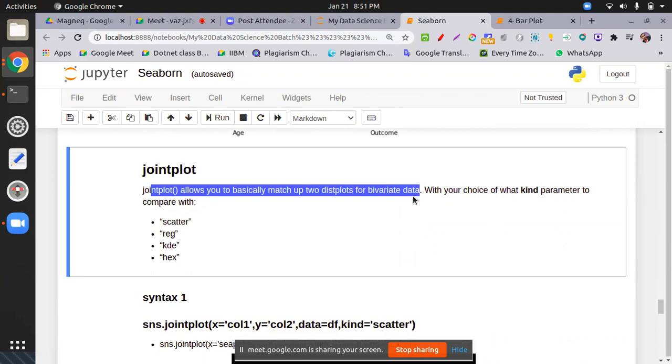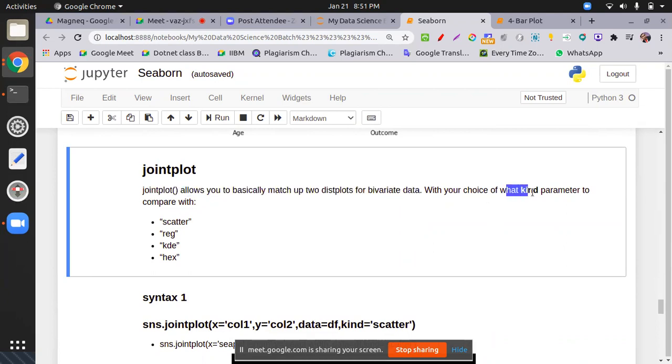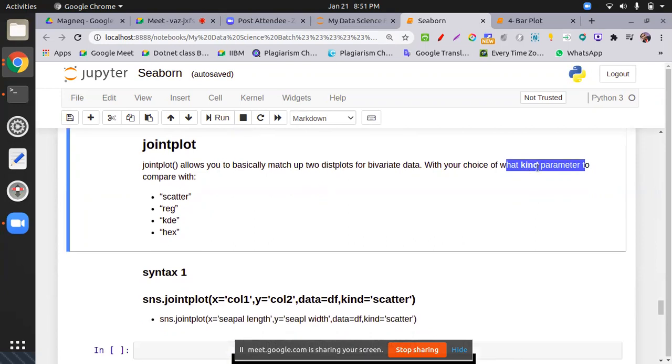Just like, I'll give you an exercise in matplotlib: draw an analysis chart between blood pressure and age, so two columns are there. Here we use the kind parameter. Just like a joint plot, we have a category plot, so these are the general form. The kind parameter tells us what kind of plot you are going to draw. So the first one is kind. Kind will work on scatter, regression, KD, and hexagonal. Let's see them one by one.